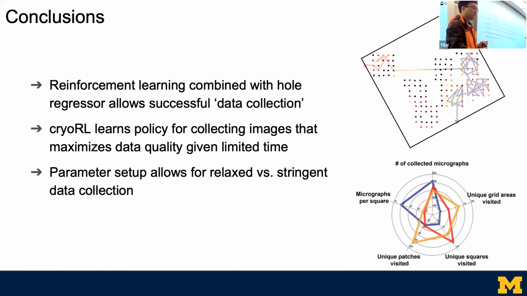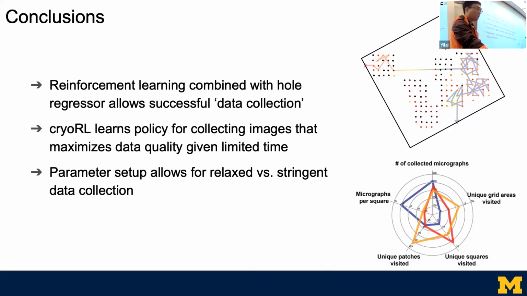So the conclusions: reinforcement learning combined with the hole regressor allows successful and more efficient data collection compared to an expert. And cryo-RL learns a policy for collecting images that maximizes data quality given a limited time. And the parameter setup allows for relaxed or more stringent data collection. Basically, you can tune the parameter to encourage the policy to visit more areas if you are doing, like, a